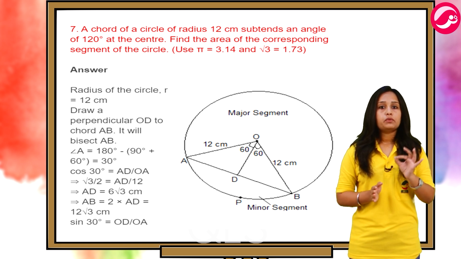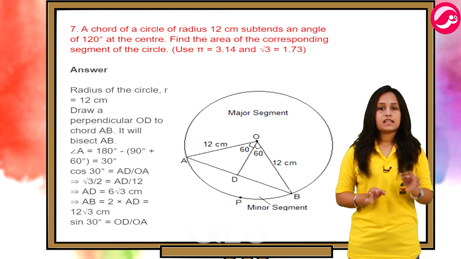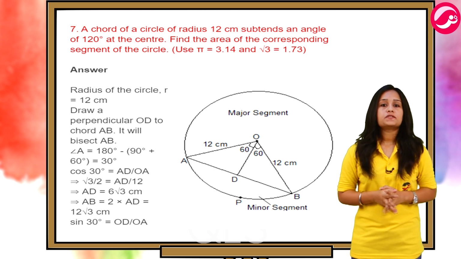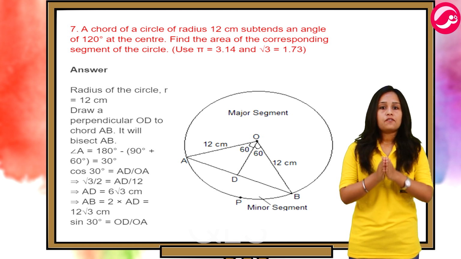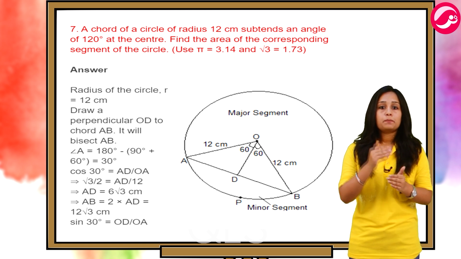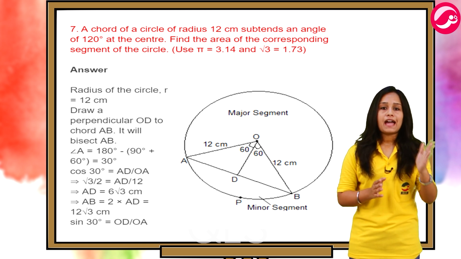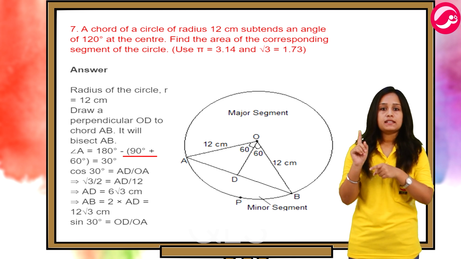Now our next problem says that a chord of a circle of radius 12 centimeter subtends an angle of 120 degrees at the center. We have to find the area of the corresponding segment of the circle, and again we have to use pi is equal to 3.14 and root 3 is equal to 1.73. So the radius of the circle is given as r is equal to 12 centimeter. We have to draw a perpendicular OD to chord AB. It will bisect AB. So we get angle A is equal to 180 degrees minus 90 plus 60,